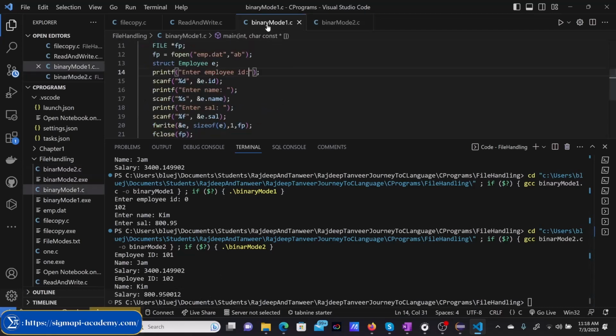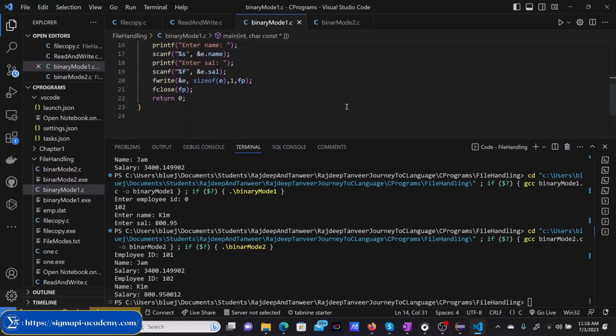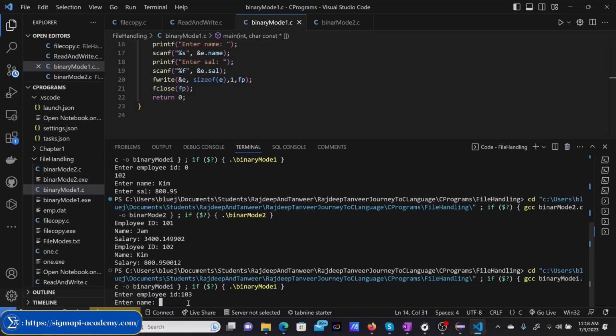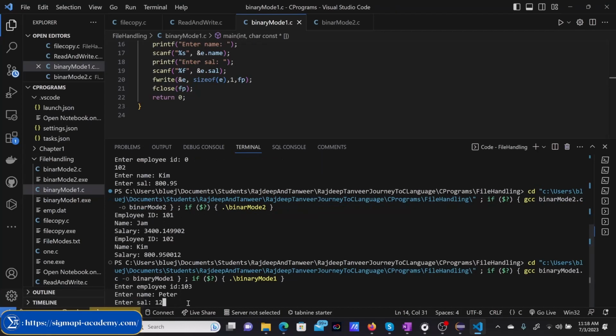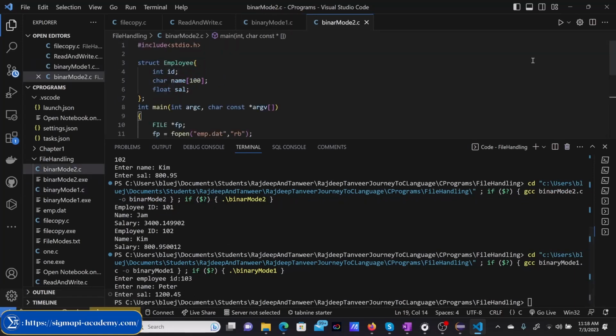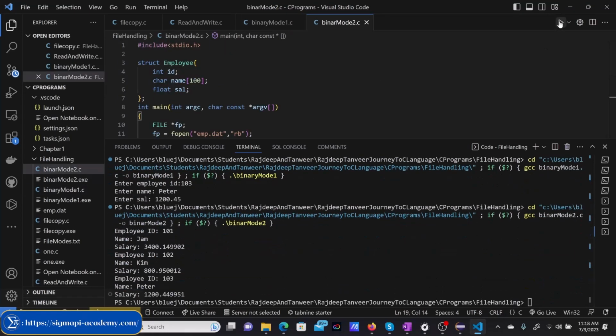Okay. So now what you can do here, you can add more records. So you write it down 103 and the name is Peter. Salary is 1200.45. Okay. So now what you will do, you execute this code and now you can see it's displaying all